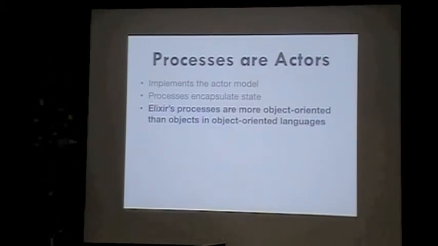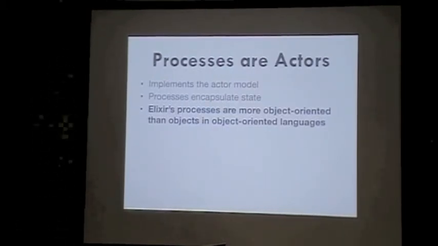So processes are very much like actors in an object-oriented language. I'm not sure about Java, but I know Ruby had something called actors, and they were kind of experimental and nobody really used them, but the idea was that you had objects that were concurrent, so they could do work at the same time, and then they could communicate by sending messages. And last I checked in Ruby, it was very primitive. But processes,